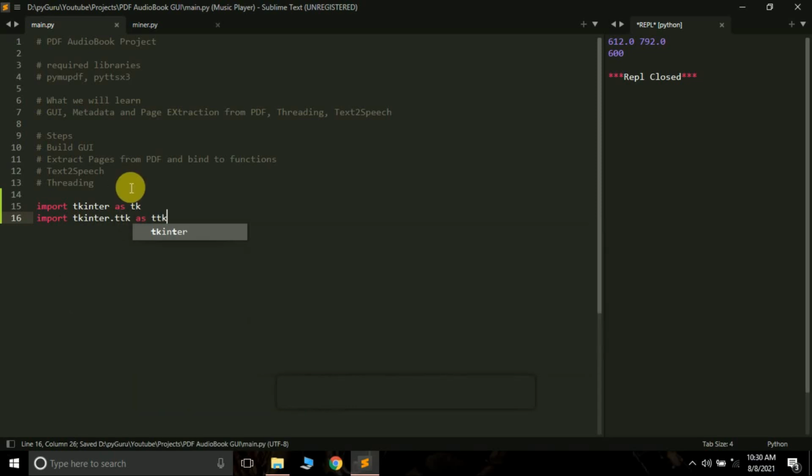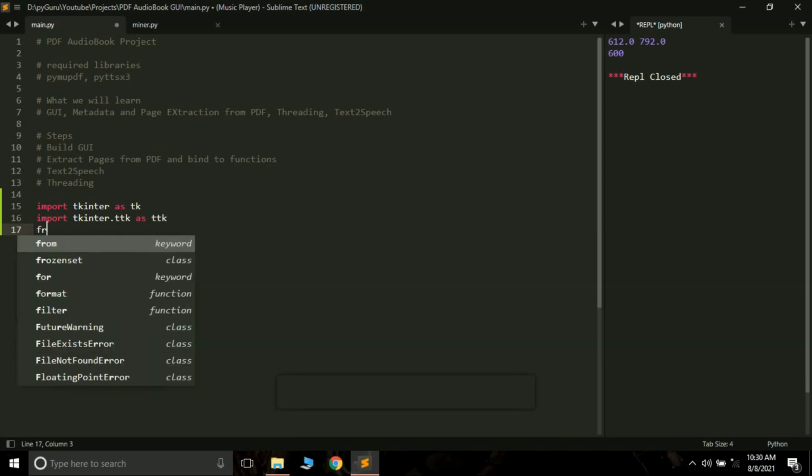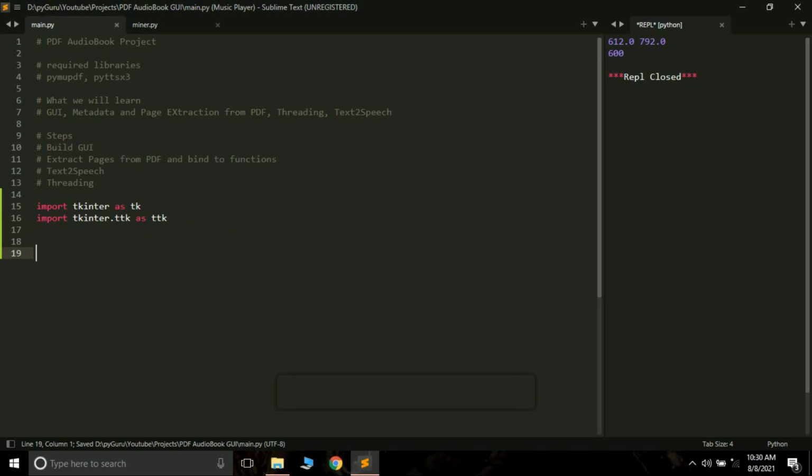Now, tkinter is the main library, and ttk is a module inside the tkinter library that we generally use to style our tkinter GUI. Don't worry, I will tell you its use in the later part of this program. We'll import the rest of the modules along with them.